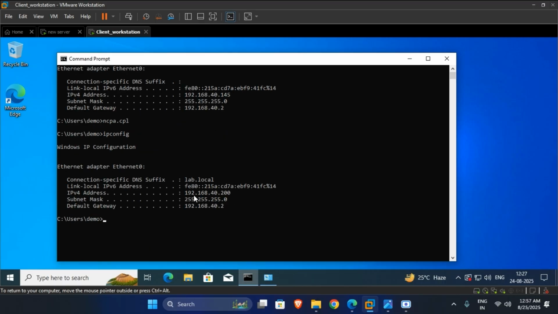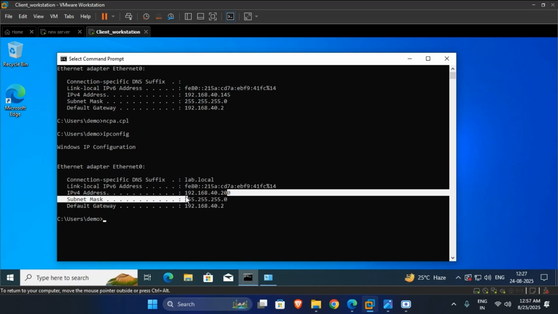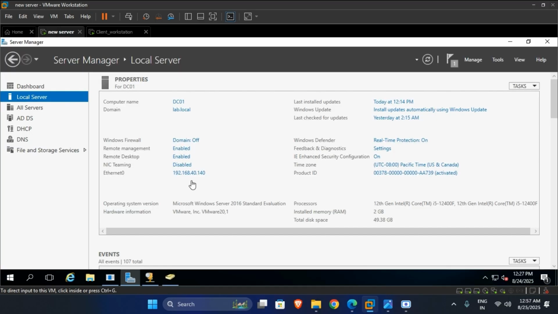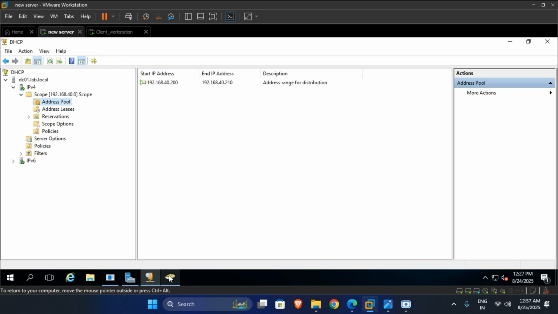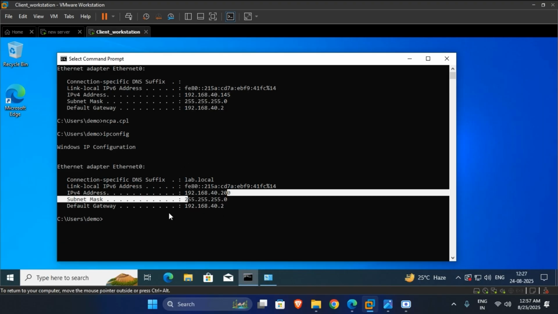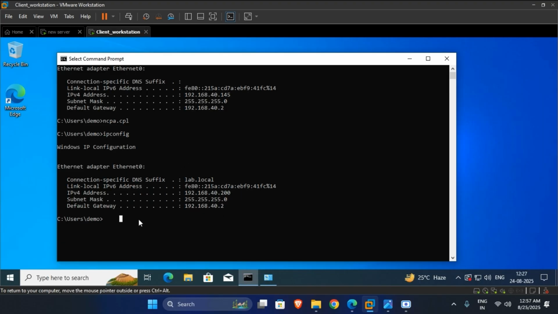Now after making it automatic, let's see if it is changed or not. Look, it is changed, right? It is showing in my range only. Whatever my range is, my range was from 200 to 200, so it took the first IP address from here. If after changing the VMware settings and doing your IP settings, it is still not showing an IP address from your range,